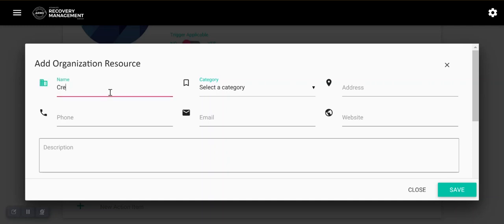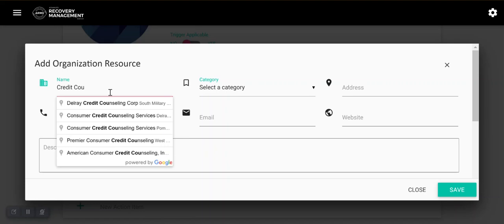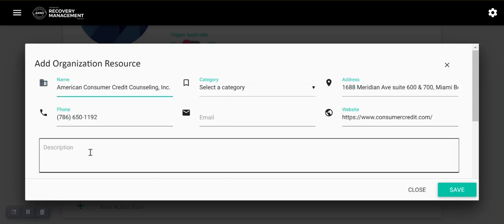Now, this is connected to Google. So as we start to type, you'll notice that it searches Google for us. And we have several options here that I can select from as an example. Let's say this is the company that we were looking for. And once I select it from Google search, it will automatically pre-populate some of the information that's available. So we have the name of the organization, I have their address, I have their phone number, and I have